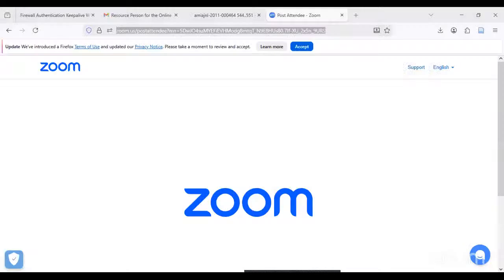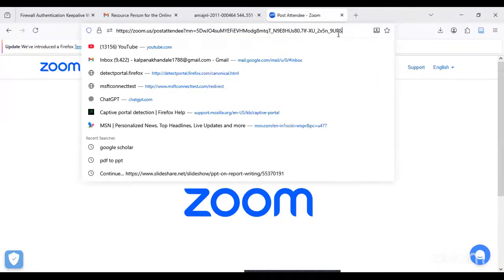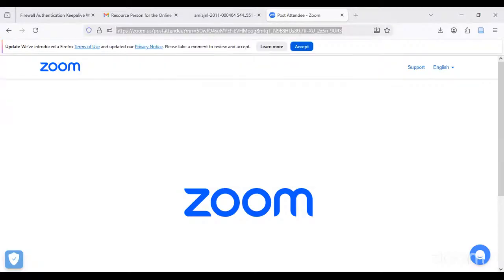First of all, we will see how to create a table of contents. So open your Word file. After that, here I have written some text, and first we have to do numbering, multi-level numbering, for this text.